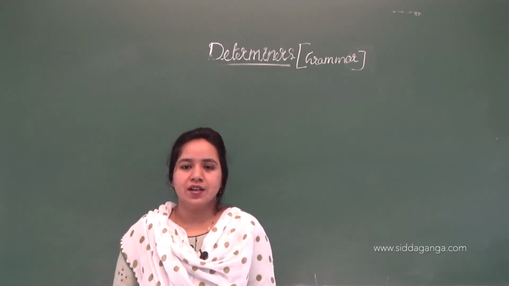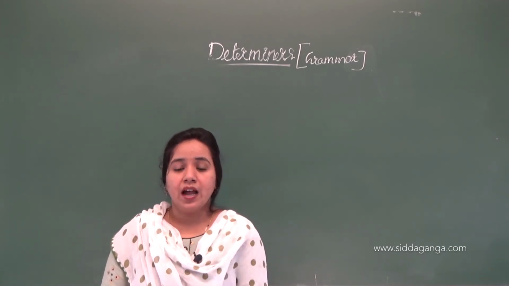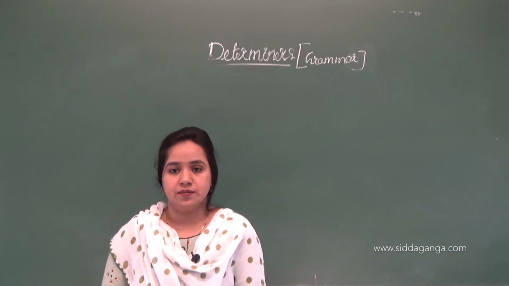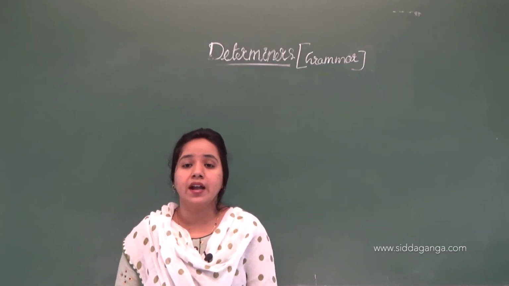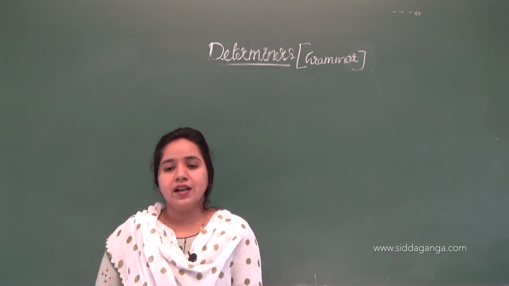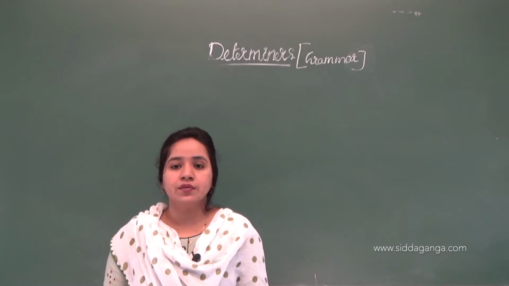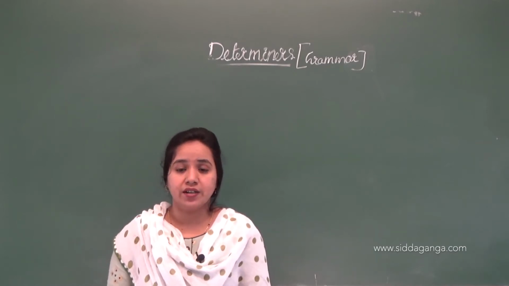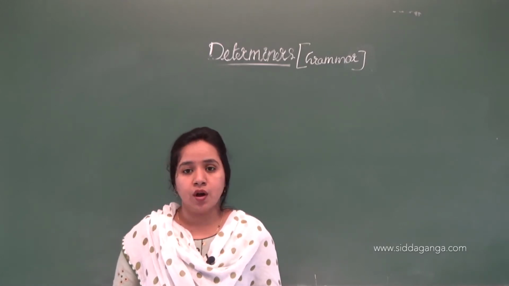Today I am here with you with the continuation of the last class, that is grammar, and that one is the determiner. In determiner we come to know about what is determiner and kinds of determiner. So in the last class we have discussed about the articles. In articles, wherever we are using articles, that one is right, and wherever we are not using, that gives a wrong rule of grammar.